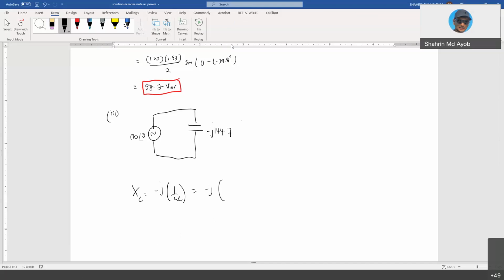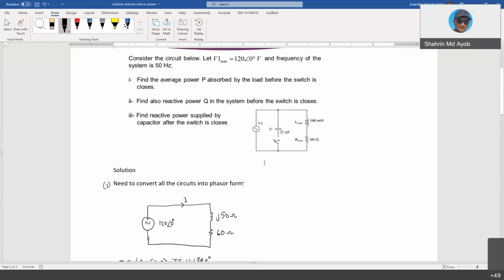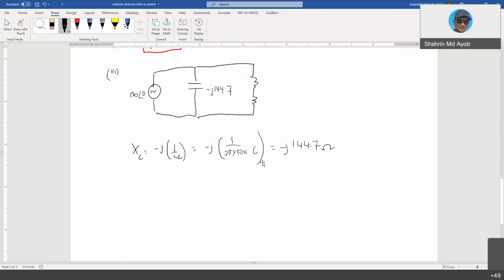So negative j 1 over 2π50 multiplied with your capacitor, so you will obtain negative j144.7 ohm. And then you will still have the resistor and also the inductor, so your resistor is 60 and your inductor is